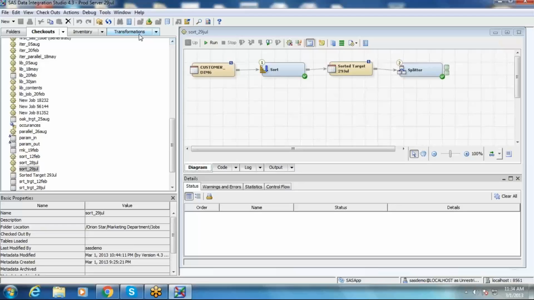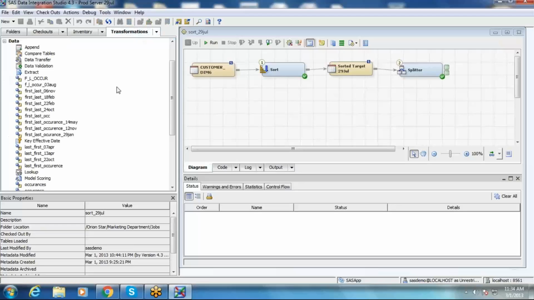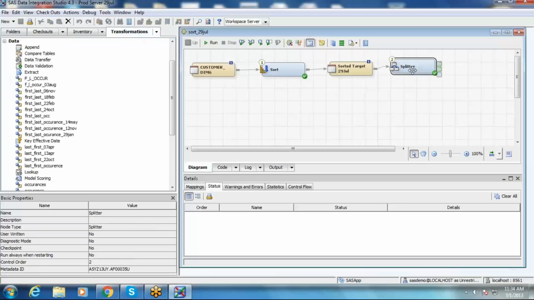So moving on with other transformations. Yesterday we saw how to split a table into multiple tables, right? But when you want to append one table with another table, so I want to append these two tables together to form your whole data set. Okay, how will you do it? In SAS base, you use either proc append or you use SQL outer union corresponding, whatever, right?